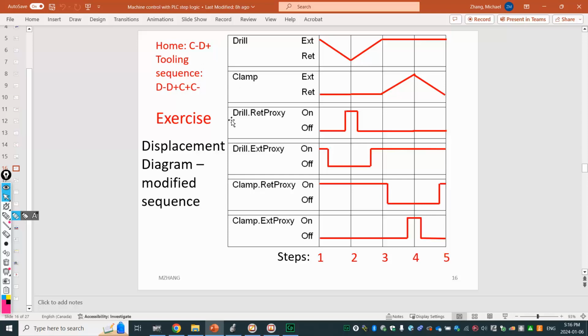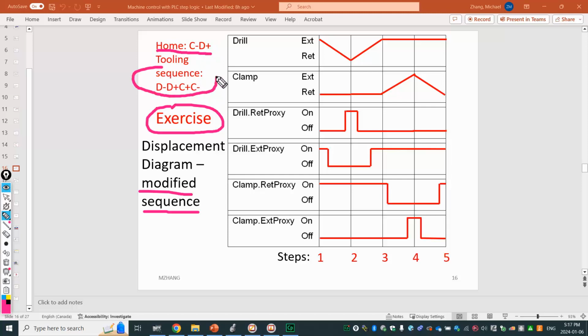For example, over here I'm showing you a modified sequence as an exercise. It is different from the one I showed you before. In this one, the position will be the clamp retract, drill extend, and it has a totally different sequence. As you can see, even with two different tooling, we could have many different combinations. No matter what kind of combination or sequence we have, we can always